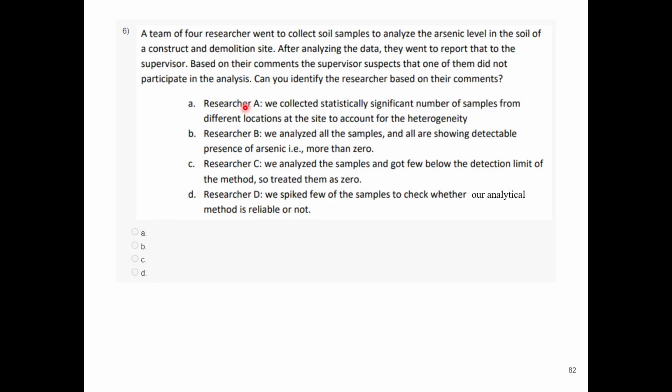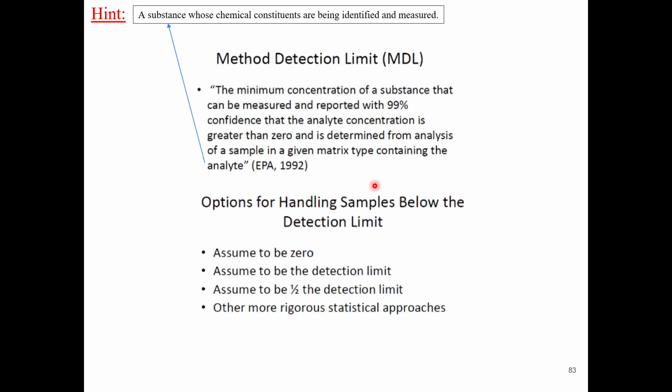A, B, C, D. So we need to find out which researcher the supervisor suspected did not participate in the analysis. Based on the comments, we have to find out the researcher who, according to the supervisor, has not done the analysis. Okay, so let us see. So basically,